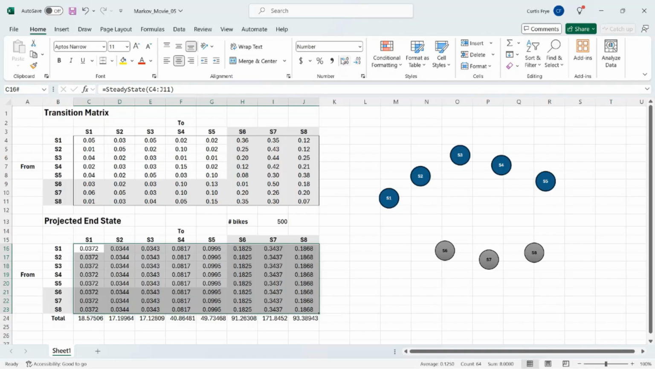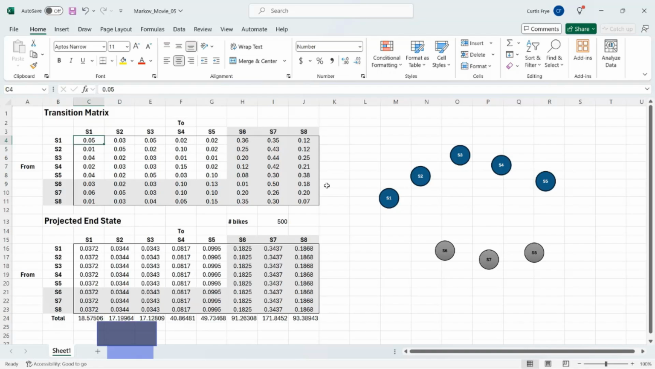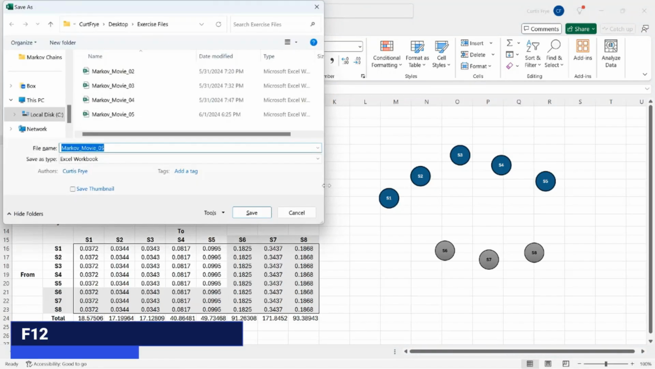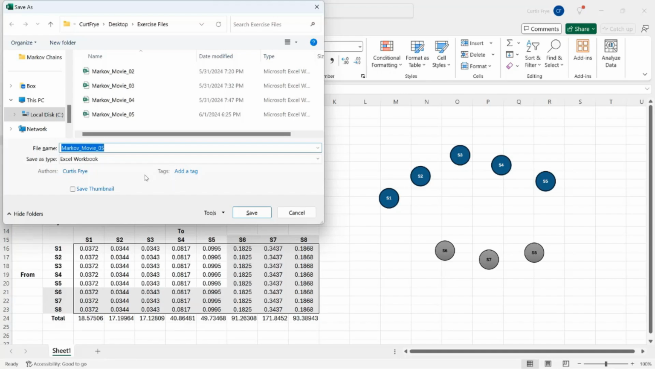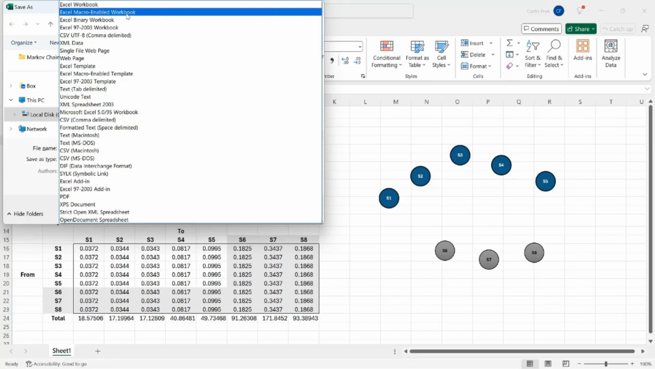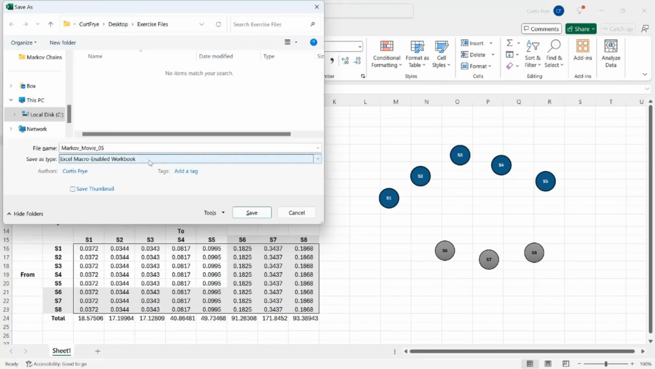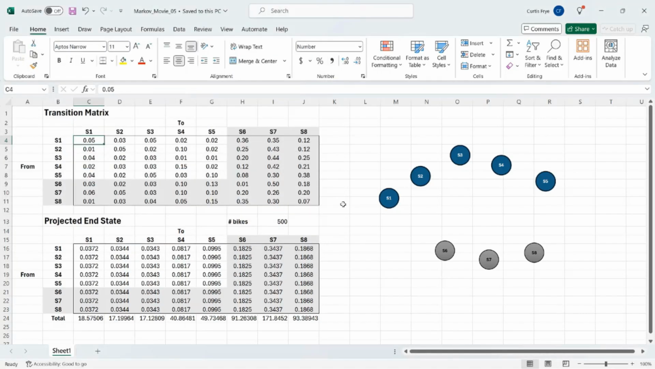One final thing, if you want to save your workbook as a macro-enabled workbook so that you can hold on to the function, you need to press F12 to save as, and then wherever you want to save it, I have mine on my desktop in an exercise files folder. Instead of type Excel workbook, click that, and then change it to Excel macro-enabled workbook. So that's there. Click Save, and now you can close and keep the function that you created for use in